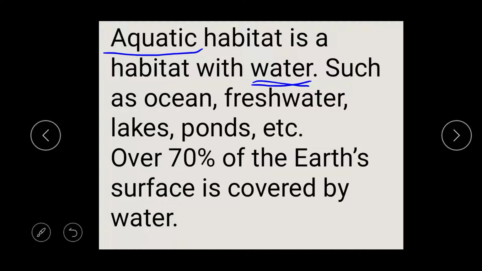Okay, water such as ocean, fresh water, lakes, pond, etc. And note that 70% of the earth's surface is covered with water. Okay, so you can see water everywhere.